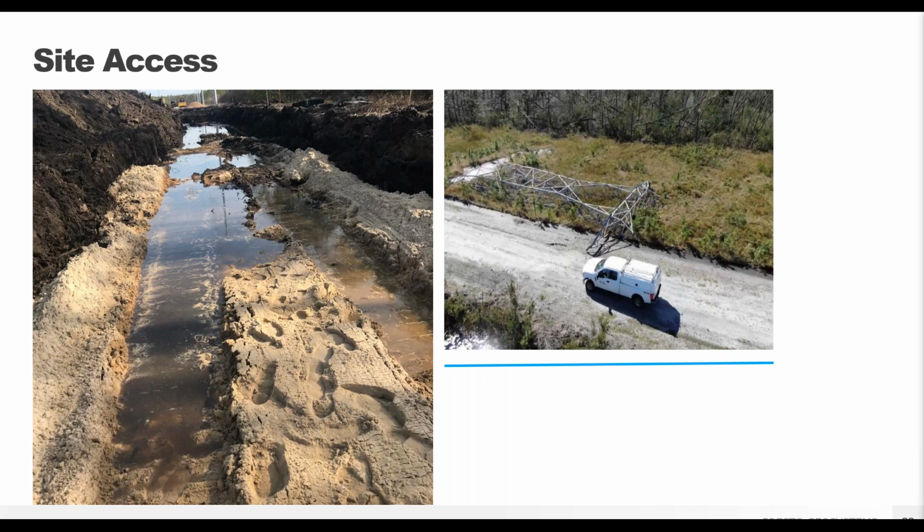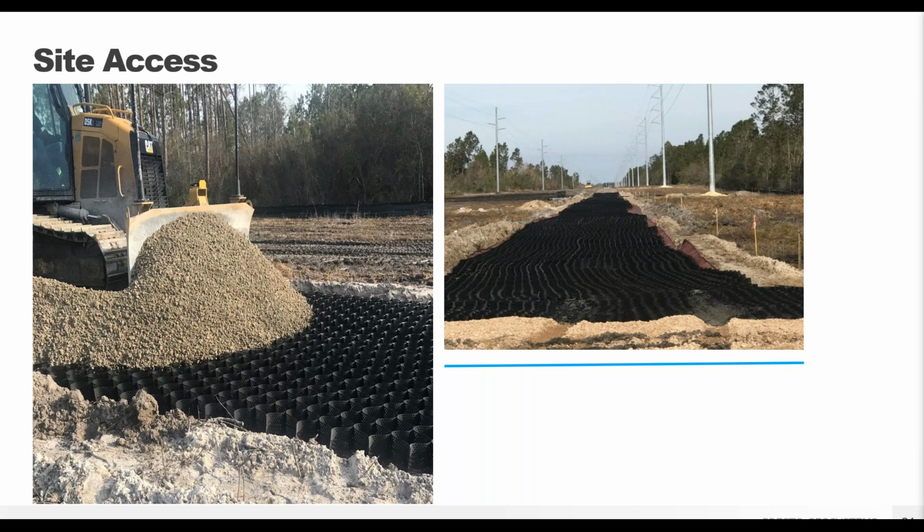So the GeoWeb system was used for both access and permanent maintenance roads, as well as actually the pads for the transmission towers themselves. And so the saturated sand, the natural subgrade of this wetland, couldn't really support any type of vehicle load. So again, they chose to use a woven geotextile over the subgrade. This allows for that water infiltration movement so that you don't have to disrupt the water flow of a wetland area, and adds a little bit of extra strength and prevents that punching failure into your soft subgrade. And it's not going to get clogged by your sandy material.